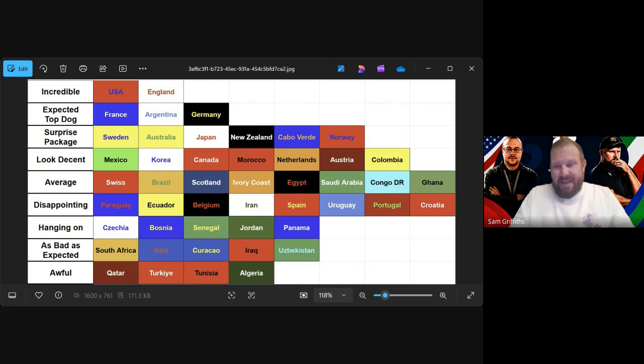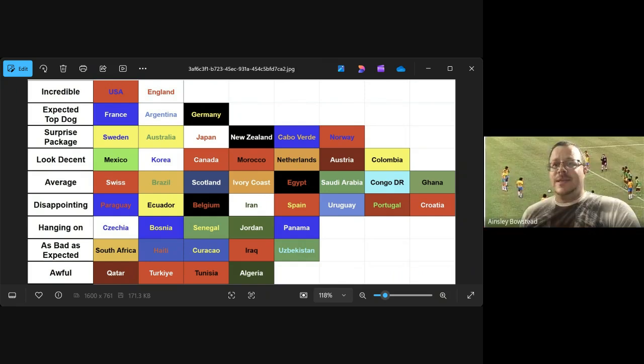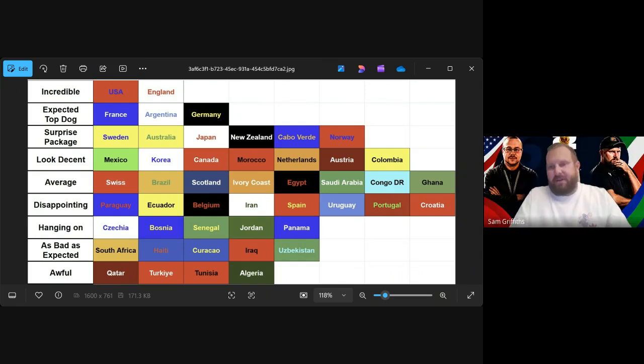I don't know. I think with their midfield, they're okay. I put them as average because they should have done better against Haiti. They should have scored more goals. Yes. For Scotland to guarantee their place in the next round, they needed to score 2 or 3 goals against Haiti because they know that they're going to have difficulties getting points against Morocco or Brazil, who, let's be fair, might be 2 of the best 8 teams in the competition.